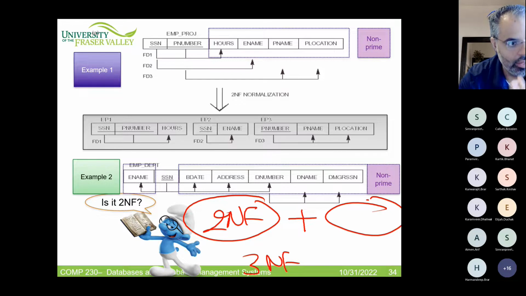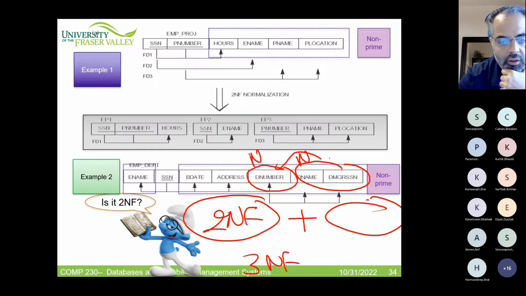I can formulate it in a simpler way. It should be second, this is the first, plus no relationship between non-primary attributes. Here we have these two non-primary attributes related to this also non-primary. They are non-primary, non-primary, non-primary. Now it violates third normalization, because if this is dependent on this and this is dependent on this, so both of them,